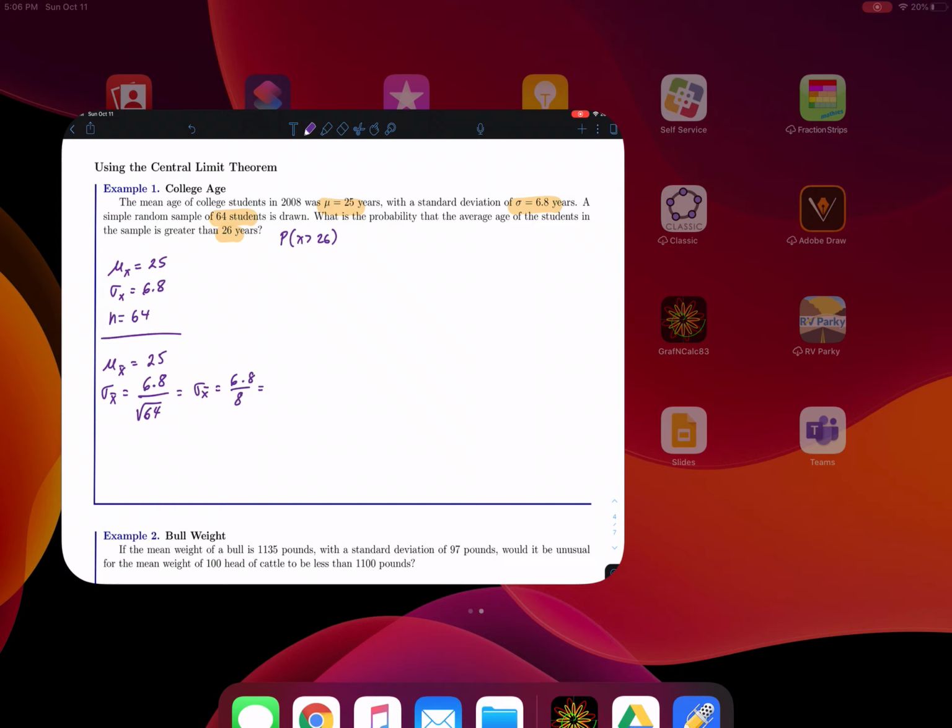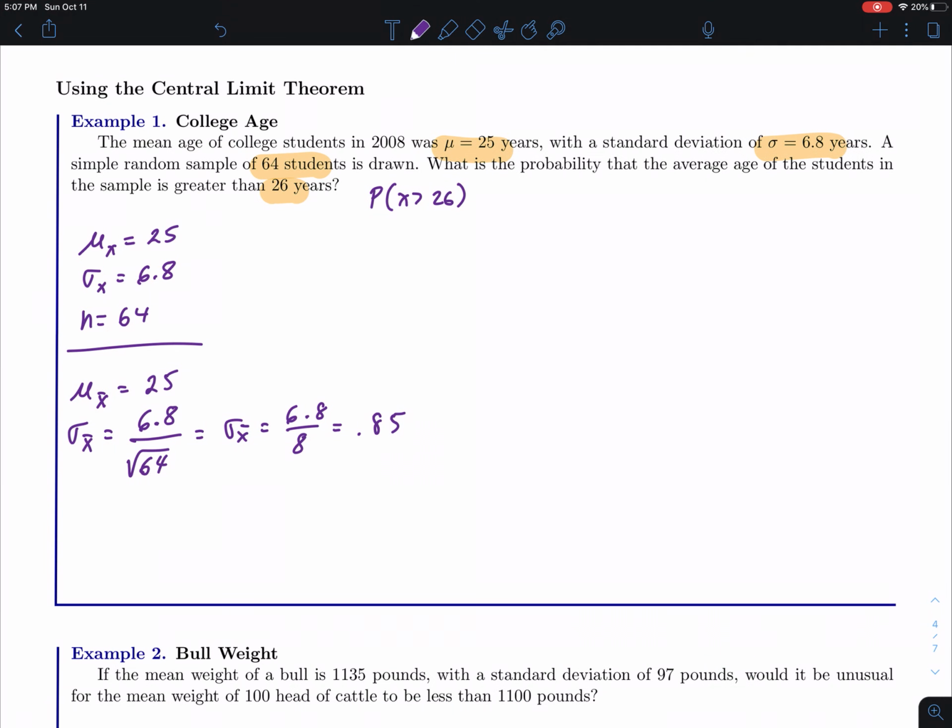So remember when I was telling you it shrunk the standard deviation? That's what I mean. Originally, our standard deviation was 6.8. And so if you were thinking about this from an empirical rule situation, one standard deviation, we would have added 6.8 to 25. We'd have been the whole way out at 31.8, one standard deviation away. Well, now we've tightened it up, and to be one standard deviation away, we're actually going to be at 25.85. So we really shrunk the standard deviation down, which is going to give us more accuracy. All right, so now that we've got our mean and we've got our standard deviation,